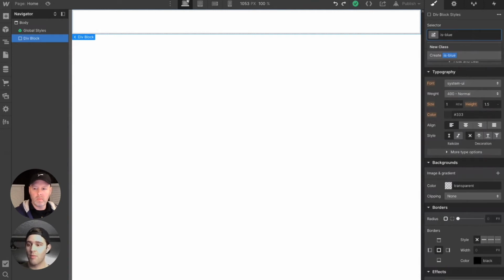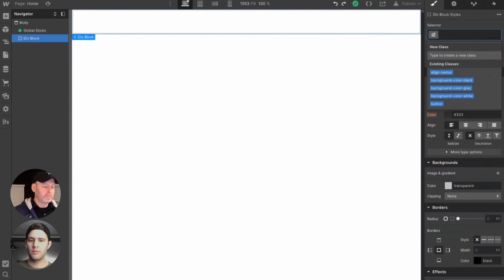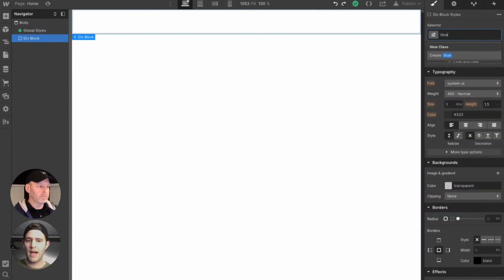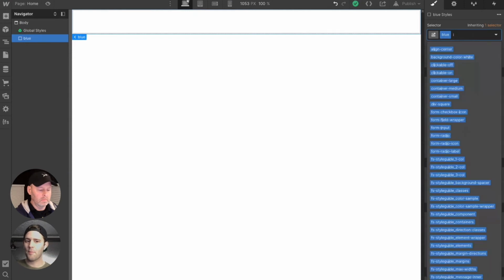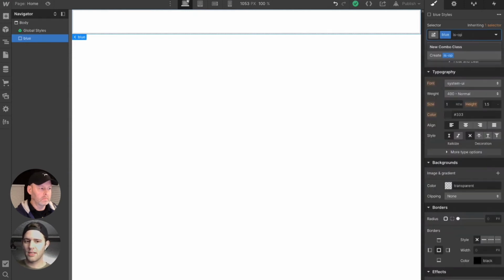So you could now go make just a blue. So if you now backspace all the way and then type in "blue" and create that, that is now a global add-on class because you can now apply blue to something else because it was the first one. If you now type in something else, like "is opaque," you're going to have to create this class,